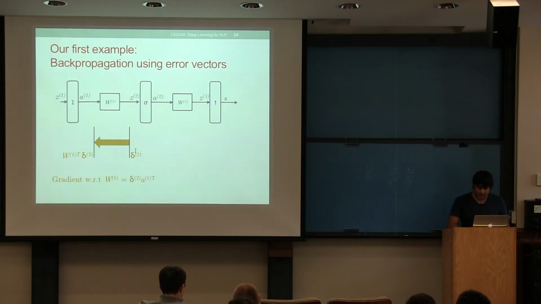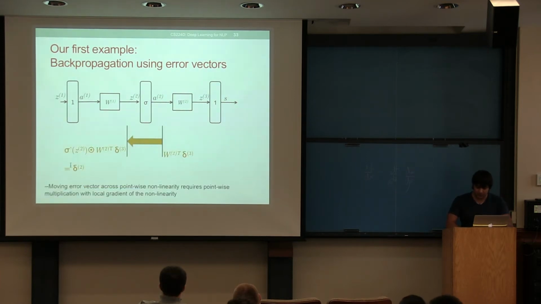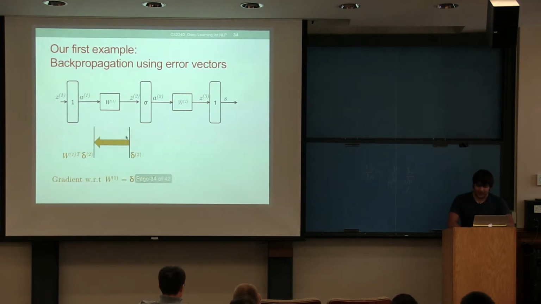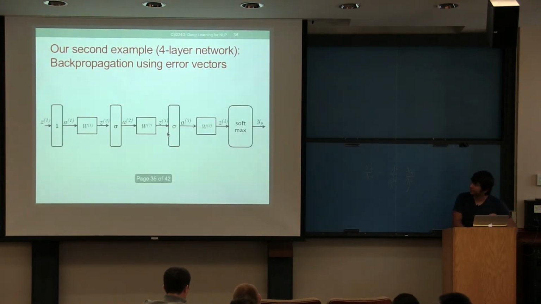Again, now I'm going to save this as delta 2, since we are at Z2, and by law, we are going to call this delta 2. And then again, we're going to move across this matrix W1 over here. In the same manner, W1 transpose delta 2, redistributing the errors backwards. So that leaves us with the gradient. And at this point, we can actually even calculate the gradient of W1, which is the outer product of delta 2 at this point, and the input A1 transposed.